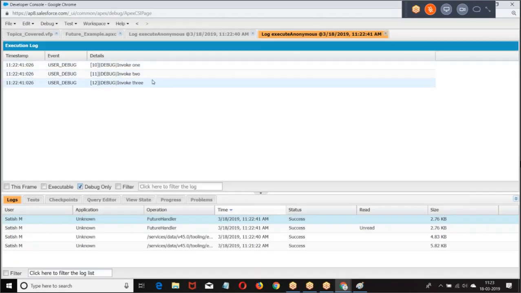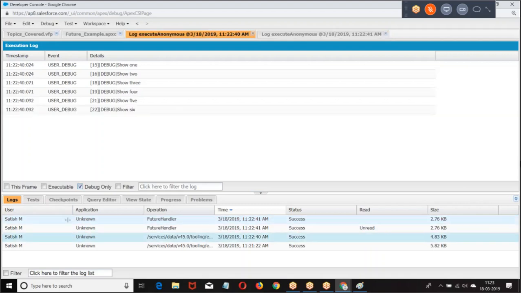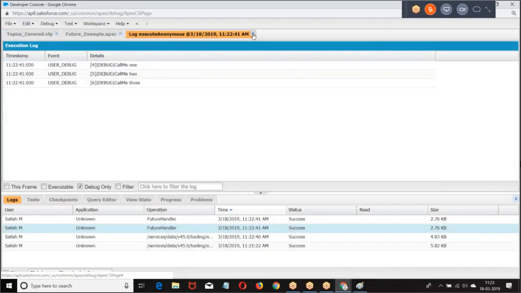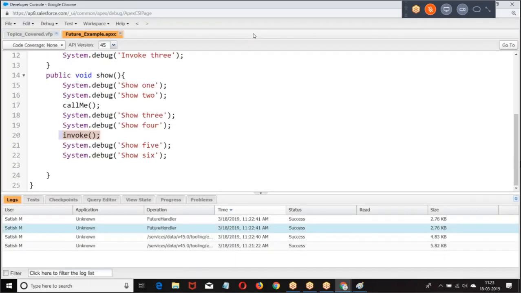Invoke 1, invoke 2, invoke 3 run separately from the rest of the statements.